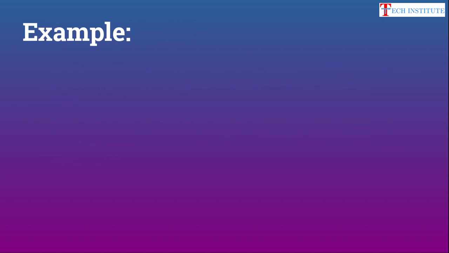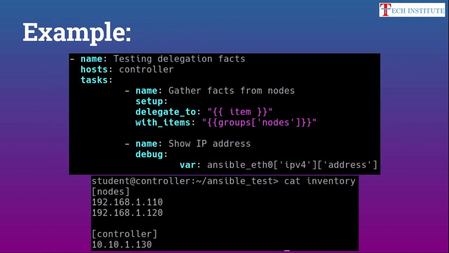You see here is one playbook where I am using hosts as a controller. That is a single host. And then you see the first task, what I am doing: I am explicitly gathering facts from the delegated node. Remember that the automatic gather facts runs for the host you specify in your play, not for the delegate_to host. So if you want to get the facts for those, you have to put a specific task like here.